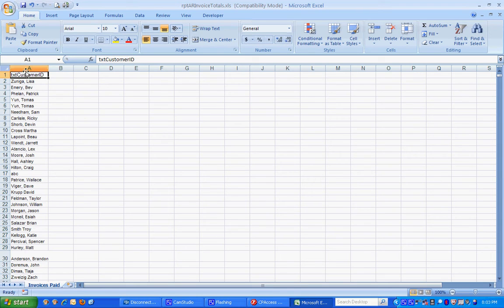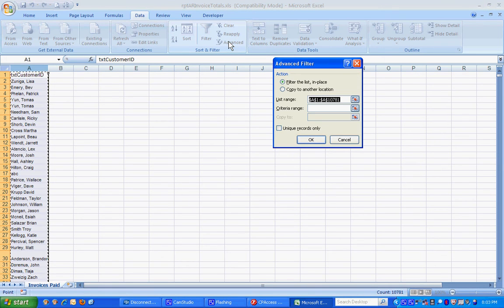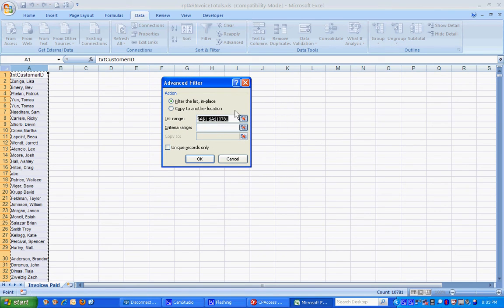Now we're going to select that entire column by clicking on the column name, clicking on A. You can see that the whole column is selected. We're going to move up to the data ribbon, and we're going to choose the advanced button next to filter. When the advanced dialog box comes up, we're going to choose the checkbox that says unique records only, and we're going to choose the action that says copy to another location,